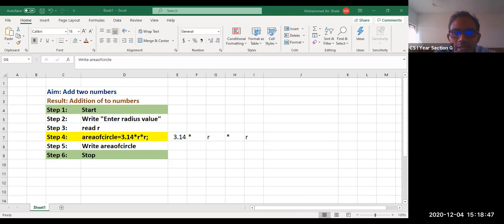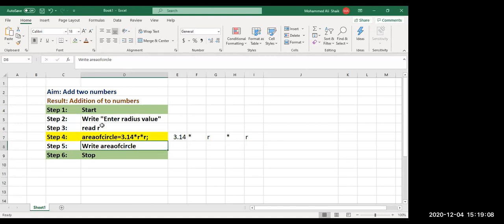In order to habituate how to write a program in C, in the similar fashion, you are going to write in algorithms also. And here at the right hand side, you are having R into R. The same R must match. At one place, you should not write capital R. In some place, you should not write small r. Any doubts here? No, sir.